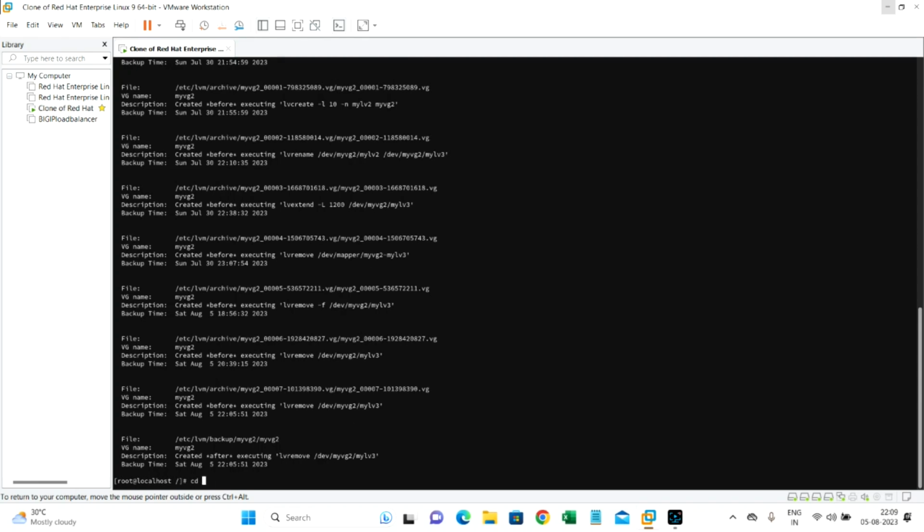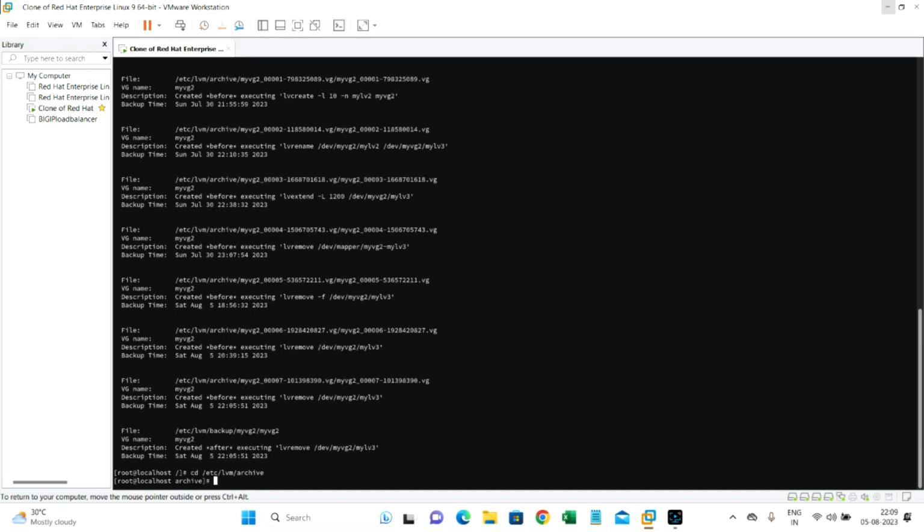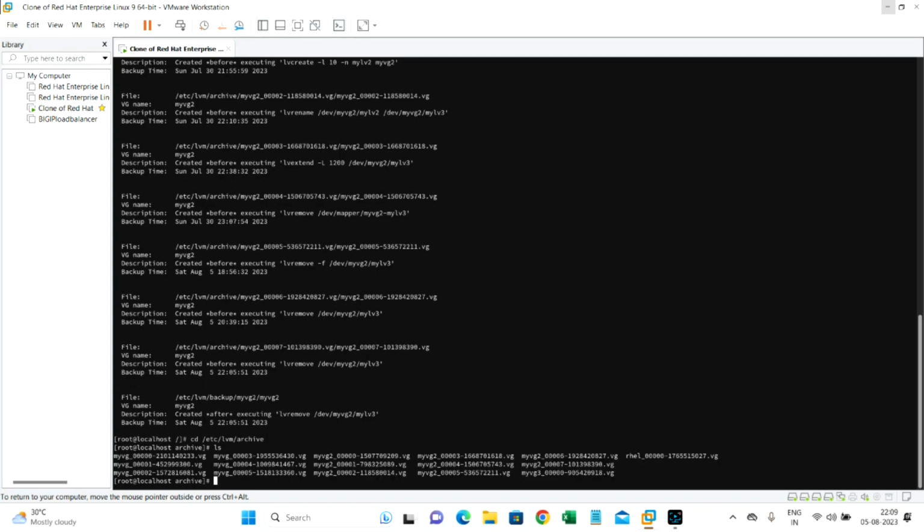First of all, we have to change the directory, because it only works here: cd /etc/lvm/archive. Okay, so we are here. Now we can ls here. Now we want to restore, and the command is vgcfgrestore, which stands for volume group configuration restore. And here we are going to specify the file